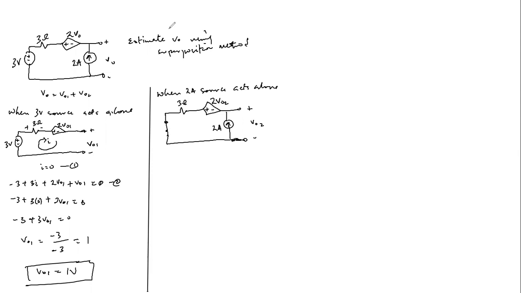Now, should we consider these as two separate loops? Then we have a current source between two different loops. That gives us enough reason or justification to apply the super mesh. So this will now be our super mesh. Then I flows, right? Good. Now by KVL, around the super mesh, this is plus minus. So that will be